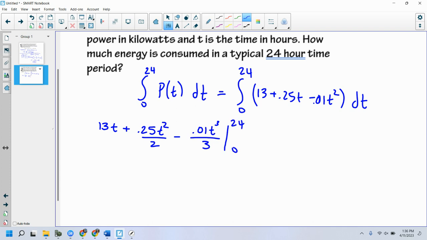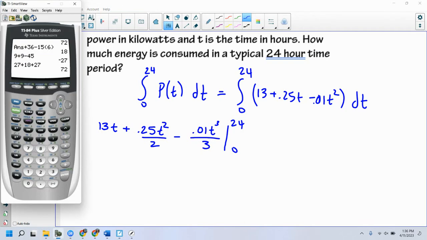And again, I'm just going to plug in 24 because if I plug in 0, that's going to cancel everything out. So 13 times 24 plus 0.25 times 24 squared